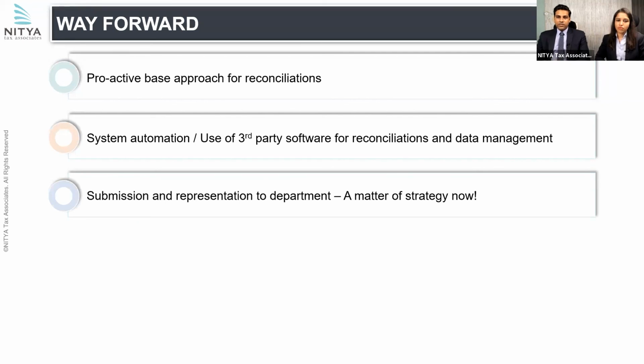Most importantly, if you see now, the trend is the moment you get a notice, it starts with macro level analysis. Just to give you an example, the department is more concerned on the point that credit as per 2A is X and you have claimed credit X plus 1 in your return. So their focus is on the delta factor where you have availed excess credit. For the moment, they are not getting into what is there in 2A. For them, if there is a credit in 2A, it's kind of an accepted credit from their side.